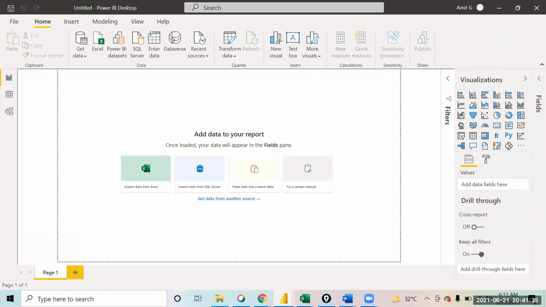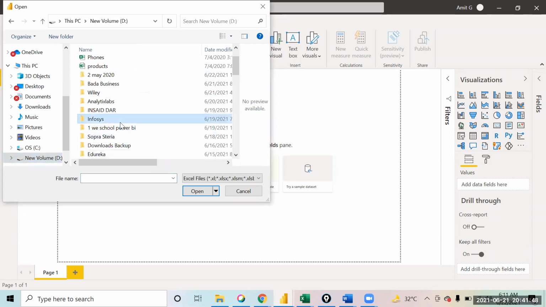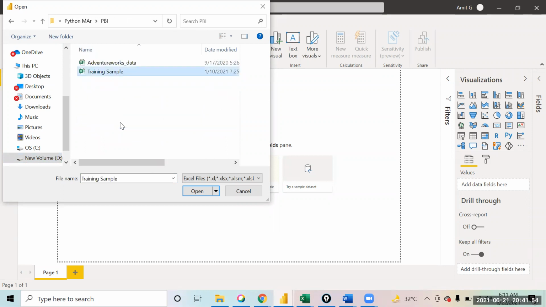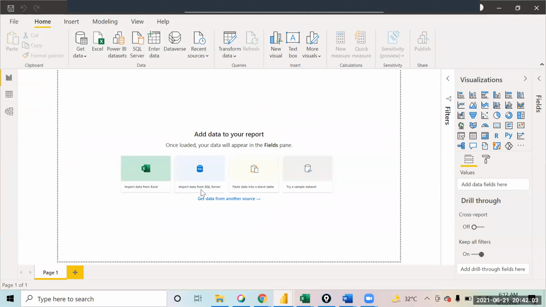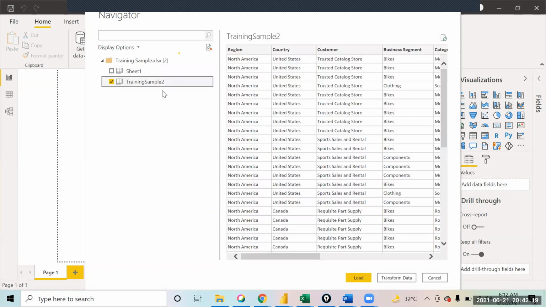Okay. So what we are going to do over here is click on Excel and grab that data, and just load the data from the training sample.